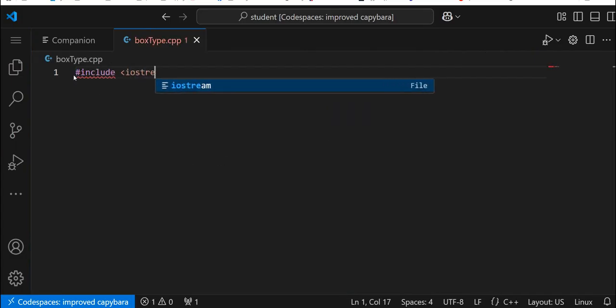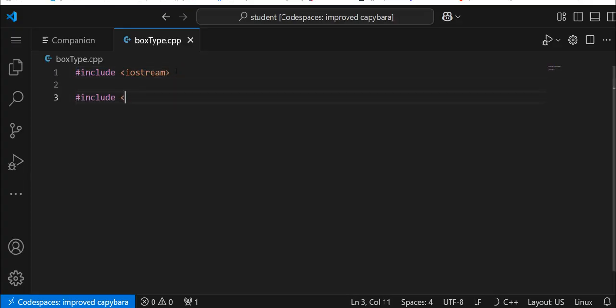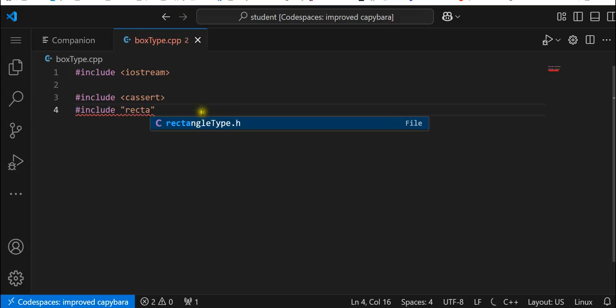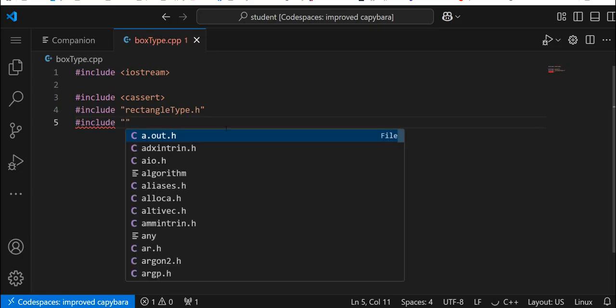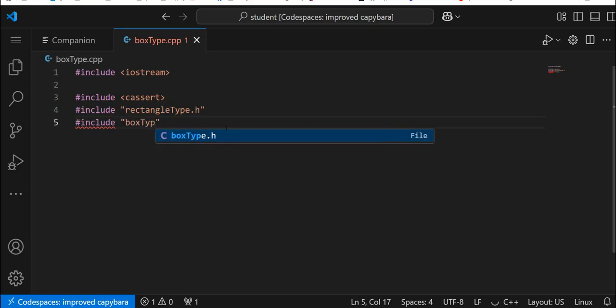First, we'll do iostream. And assert. And let's do our header files, attach them: rectangle type .h and box type. And using namespace std. And